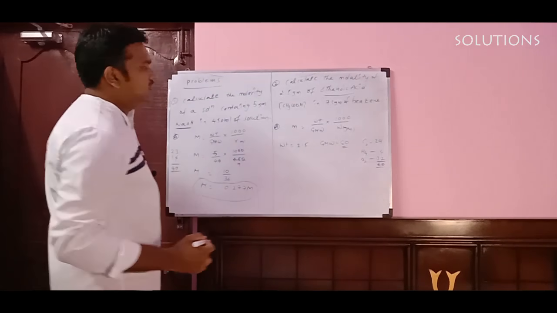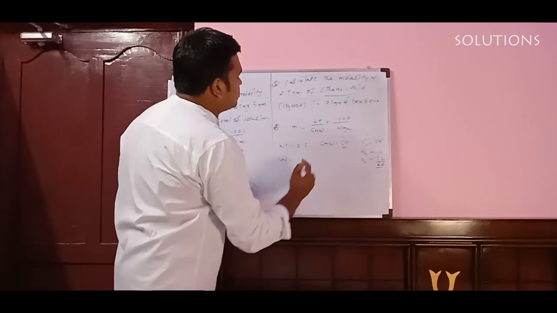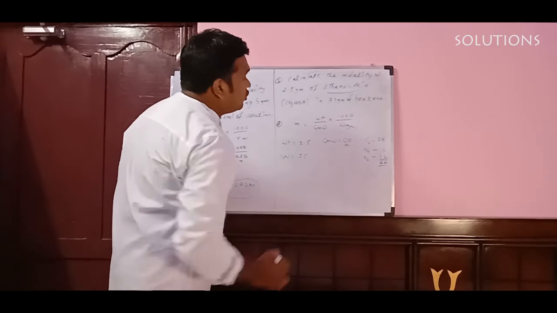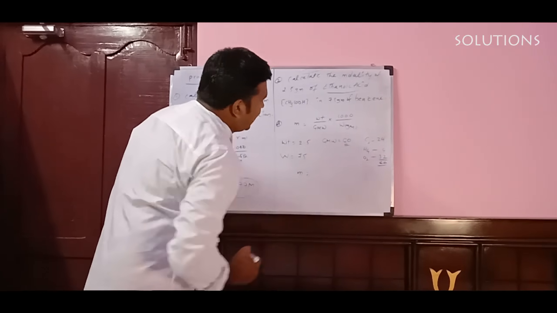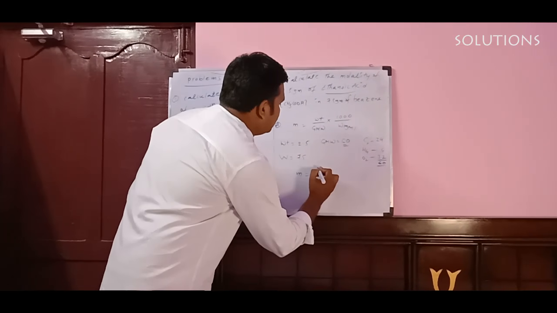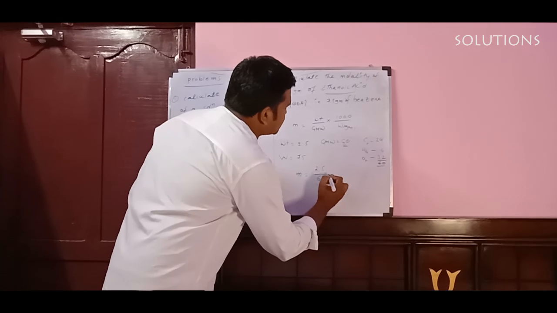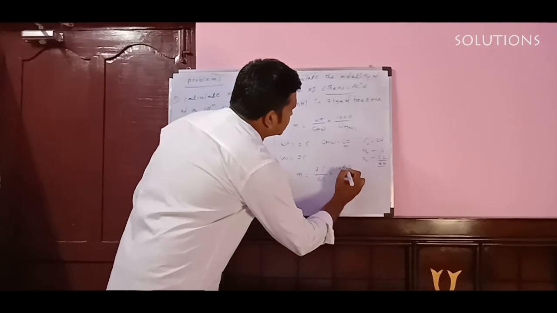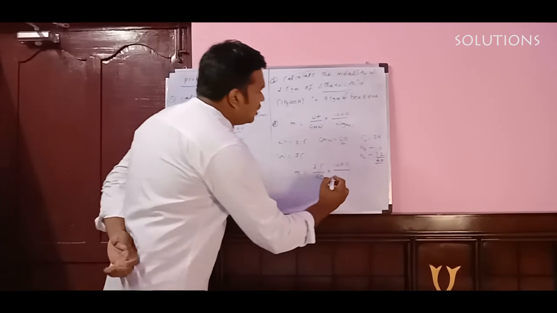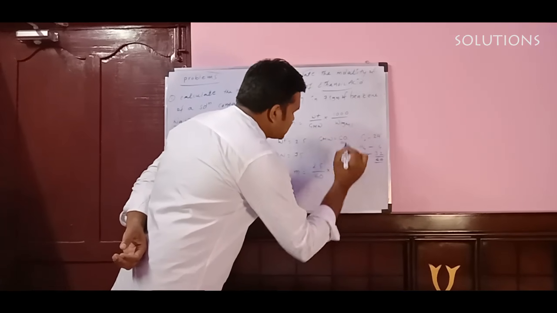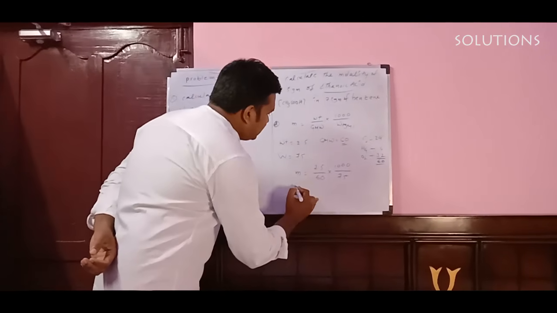Clear? And one more thing, the weight of the solvent. What is the solvent here? Benzene is the solvent. The solvent weight is given as 75 only. Now we can substitute the values. Molality, small m, is equal to weight, 2.5, by gram molecular weight, 60, into 1000, by the weight of the solvent, 75 only. Clear?